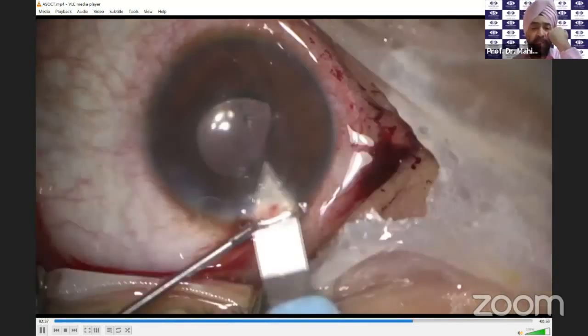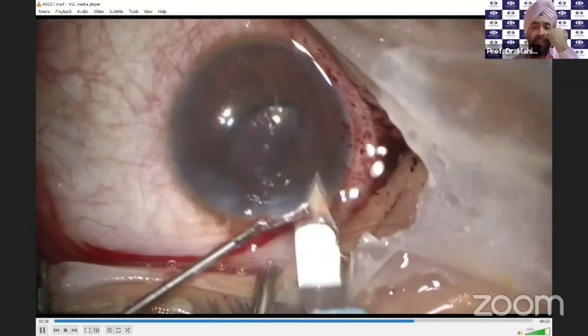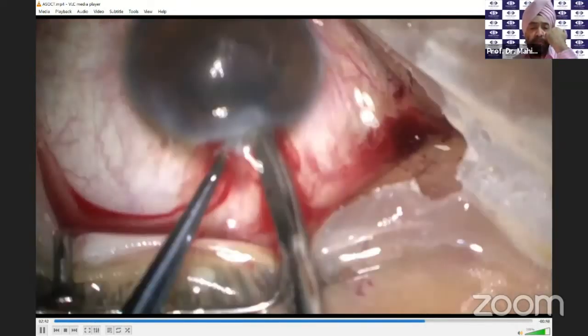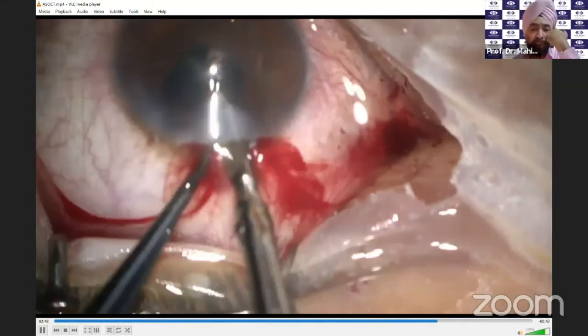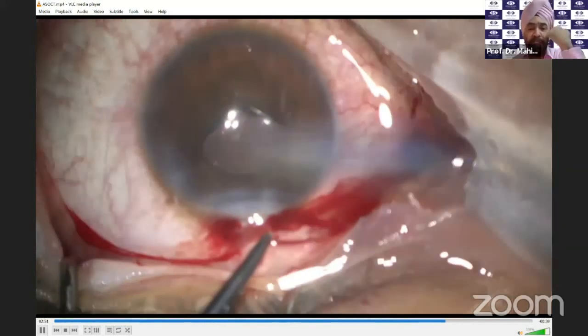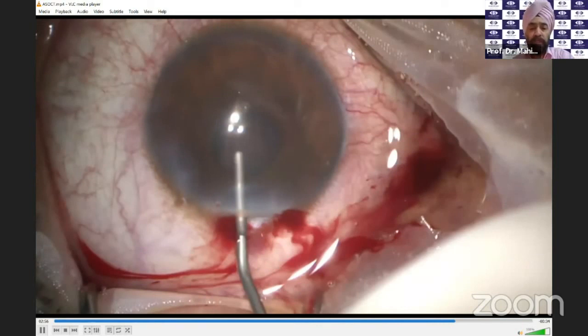And I will now just cut this lens. You can see that it is easy to cut this lens, and just cut it through up to the midline. And once we have cut it up to the midline, we can just remove it through this incision and just do the hand over hand technique. And you can see that the lens has been taken out. So I've also shown you how to take out a lens. You need to just cut it half.